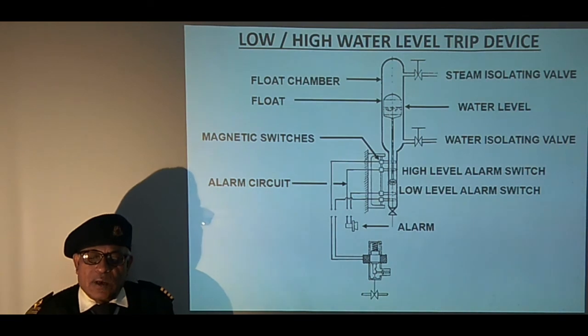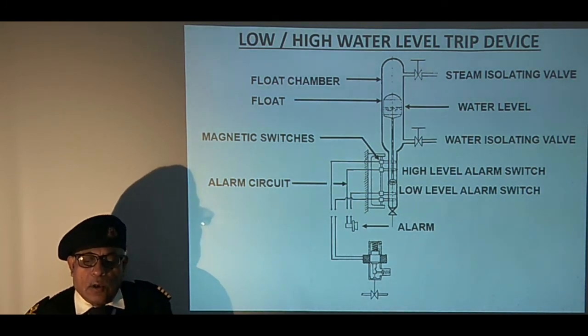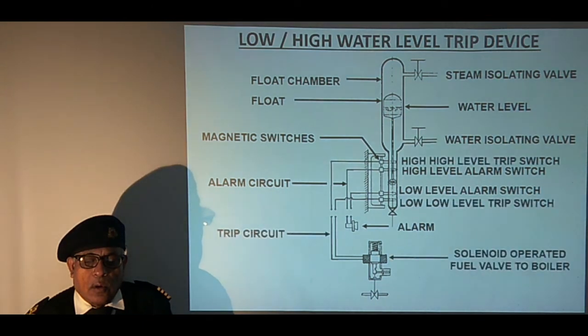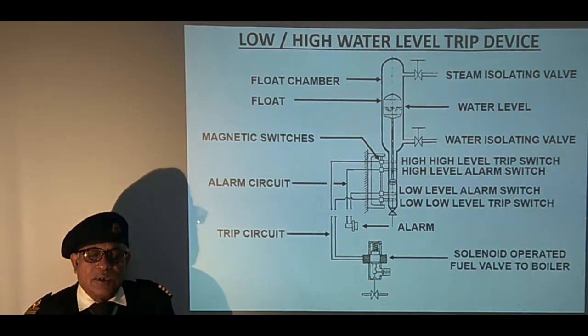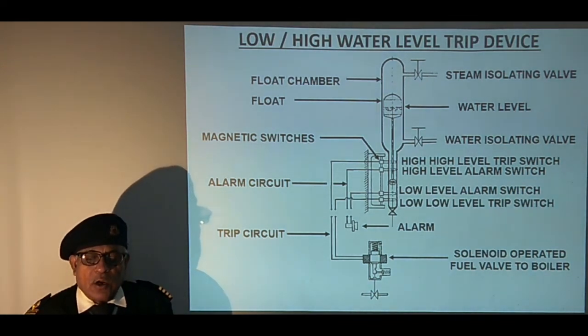Two inner switches are used to activate the low and high level alarms through the alarm circuit. Two outer switches are used to shut down the burner by cutting off the fuel supply through the solenoid operated fuel valve using the trip circuit.